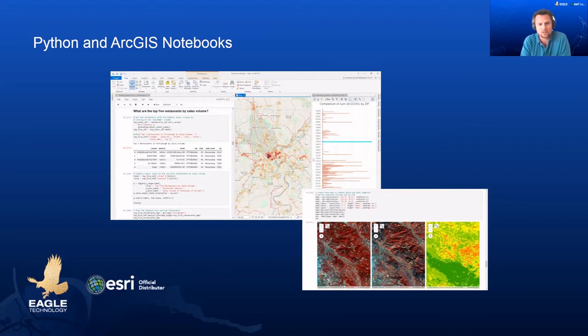And then ArcGIS notebooks are a relatively new experience in ArcGIS to leverage the power of Python. Whether that is for data engineering, visualization of spatial analysis, or for using deep learning. It's integrated in ArcGIS Pro, ArcGIS Enterprise, and like I said, since the latest release, also in ArcGIS Online. So go check it out. And using ArcGIS Enterprise allows you to schedule your notebooks as well. This is a feature that's coming soon to ArcGIS Online.